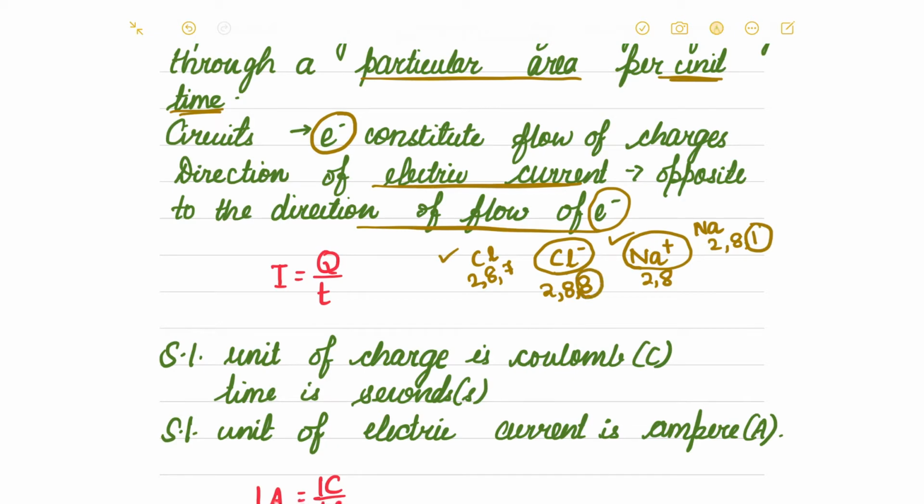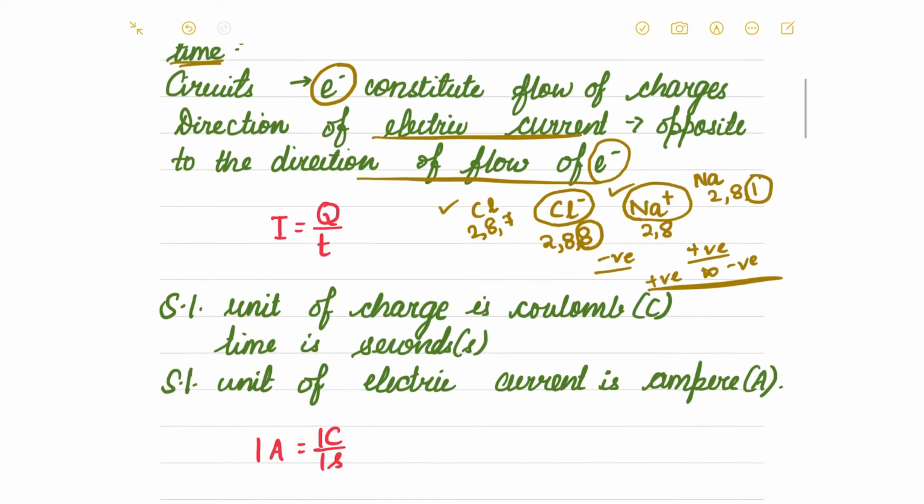So we can remember it in this way, that negatively charged bodies have an excess of electrons, whereas positively charged bodies have fewer electrons. Electrons will always flow from an area where they are present in large quantities. That means from a negatively charged part to a positively charged part, and electric current thus will flow from positive to negative. So this is one of the simplest ways in which we can remember this.